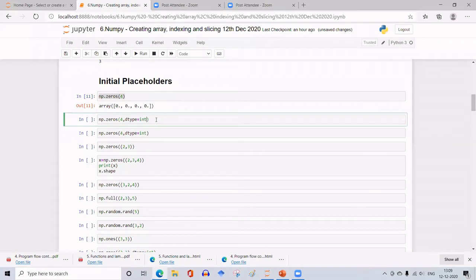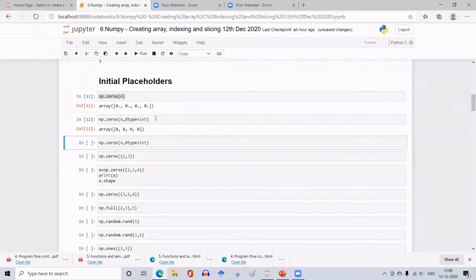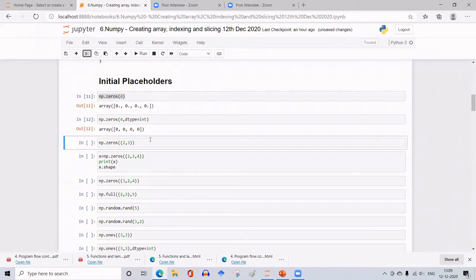It will only print 0, 0, 0. You observe the difference between the previous array and this array. The data type is converted from float to integer here. Okay, so next, this is one-dimensional array formation with all elements 0.